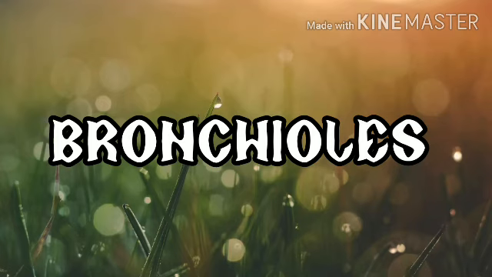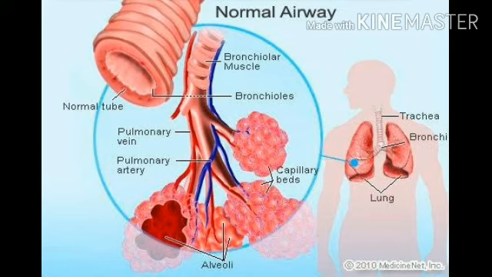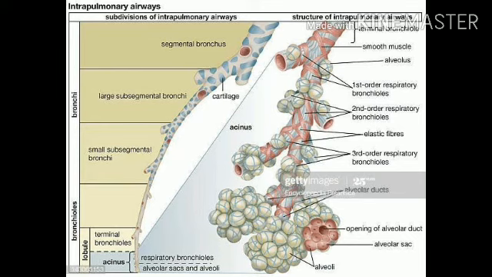Next, we are discussing the bronchioles. The bronchi divide dichotomously into several million terminal bronchioles, to terminate in one or more respiratory bronchioles. The bronchioles are less than 1 millimeter in diameter. The cartilaginous rings seen in the bronchi are replaced by cartilaginous plates as the size of the bronchioles decreases. The cartilage completely disappears when their size reaches 0.6 mm. The small terminal bronchioles are supported by smooth muscle cells.